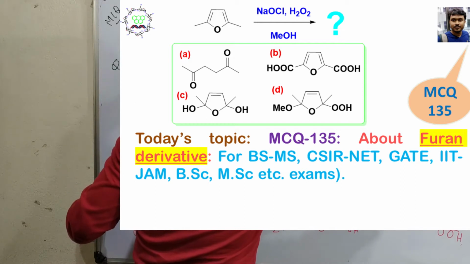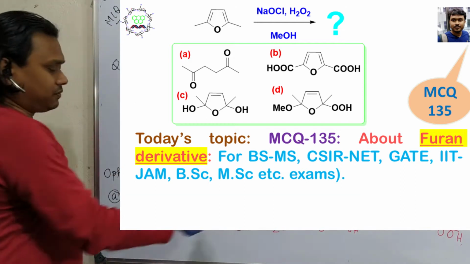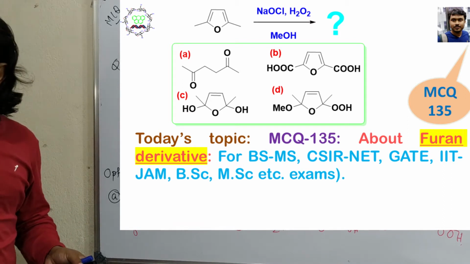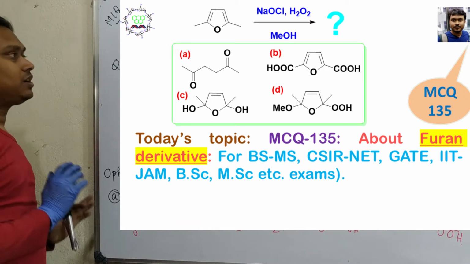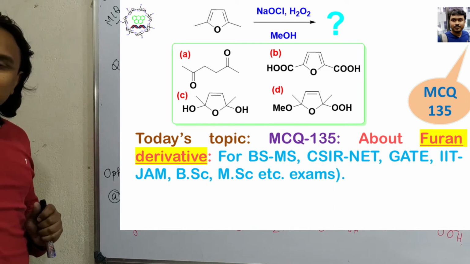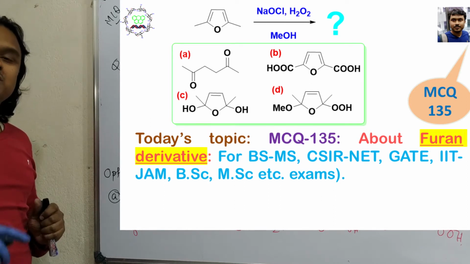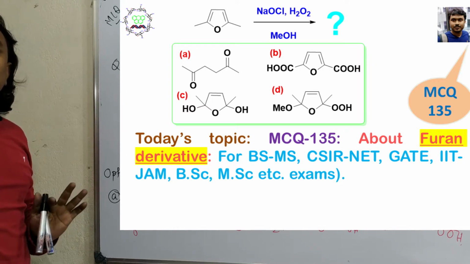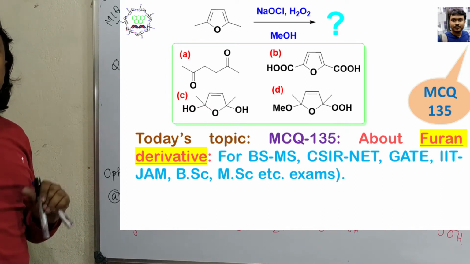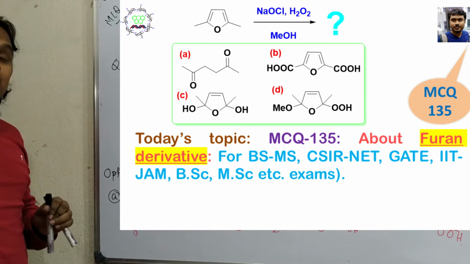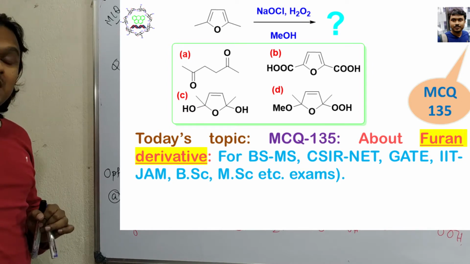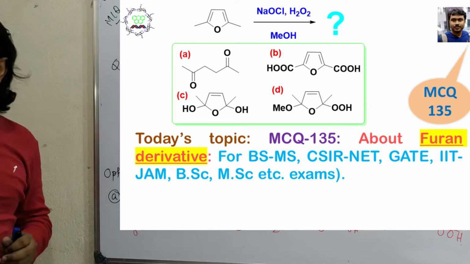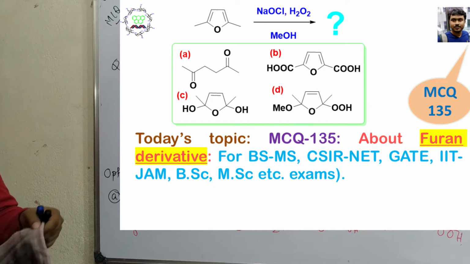So what is the structure of the major product? The four options are provided in front of you and one of them is the right answer. So your turn is to find out what is the right answer logically. I request you, please pause the video, try by yourself and write your answer in the comment box. Don't hesitate whether your answer is right or wrong. You need to accept your current situation and remember, self-evaluation is essential for improvement. Okay, so let's start. I believe you have tried by yourself.